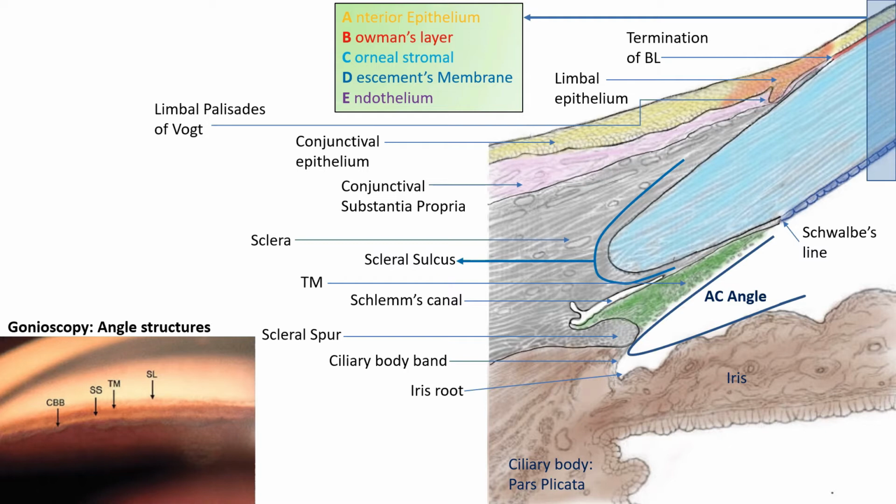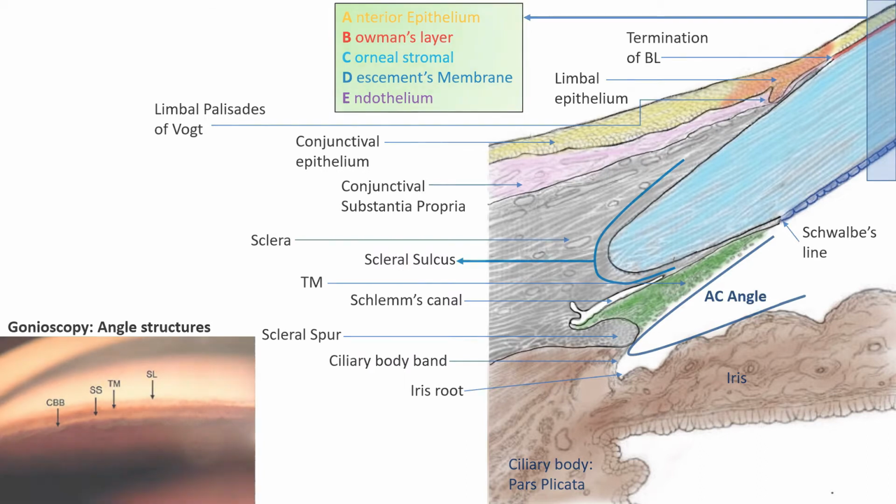followed by a thin white zone, which is the anterior trabecular meshwork, followed by a brownish zone, which is the posterior trabecular meshwork, again followed by a thin white zone, which is the scleral spur, then a brown zone again of the ciliary body band. So in a wide open angle as shown here, all these structures should be discretely seen. So I hope up till now all the anatomical landmarks have been understood well.